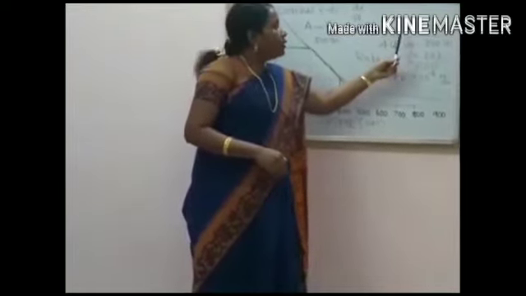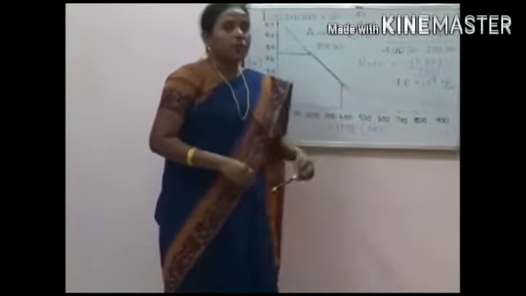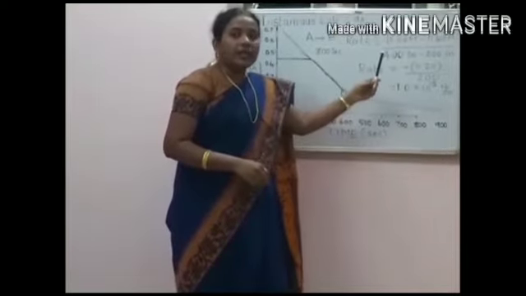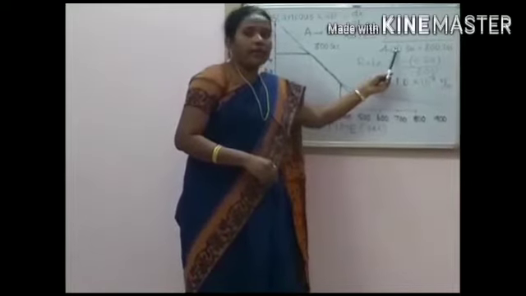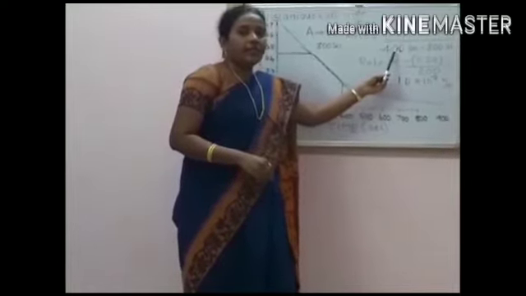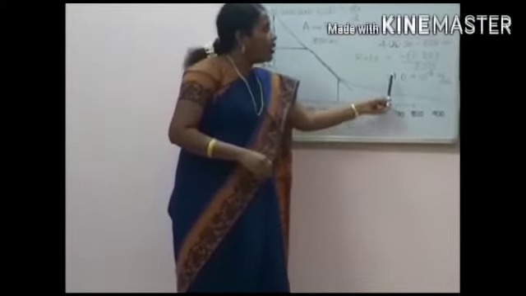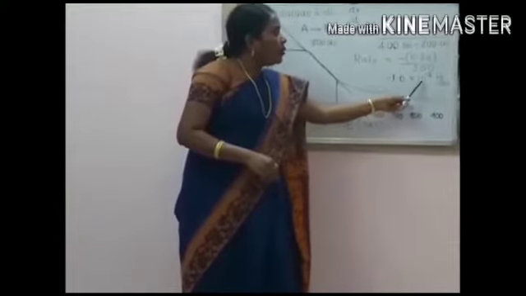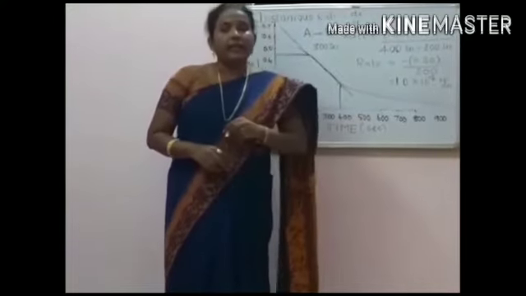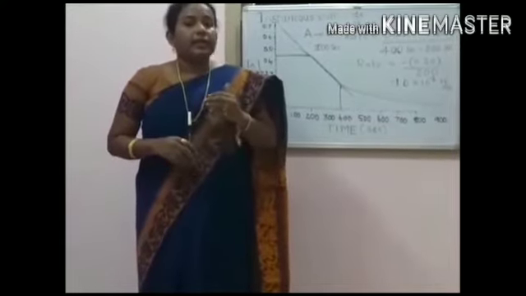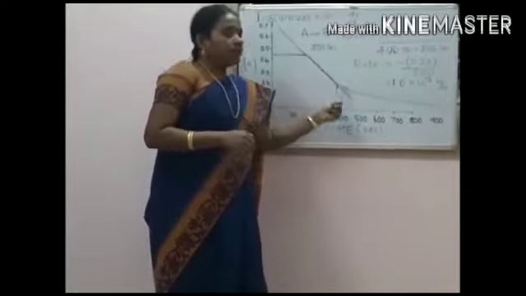This would be minus 0.2 molar. Also subtracting the initial time, which is 200 seconds, from the final time 400 seconds. This gives the difference 200 seconds. The final rate of the reaction is 1.0 into 10 to the power minus 3 molar per second. This technique is useful to calculate the instantaneous rate of the reaction at any point along this curve.